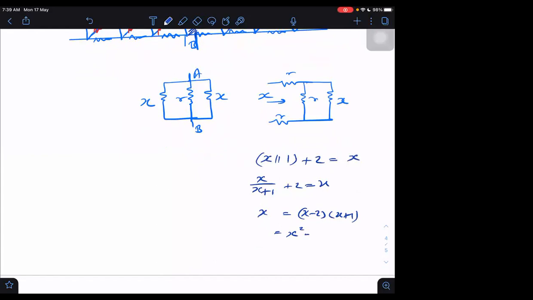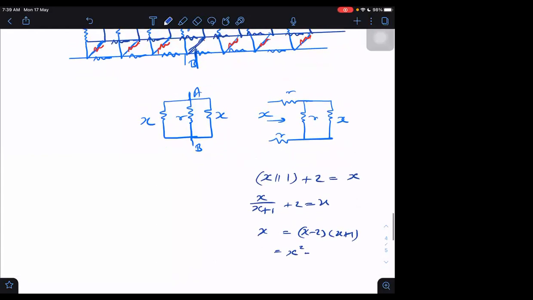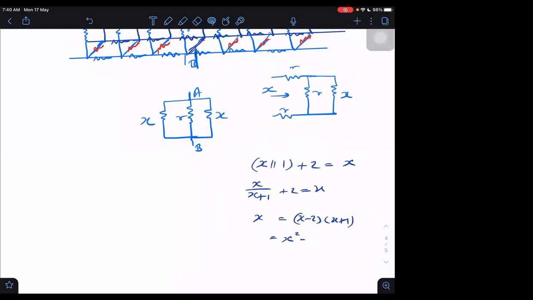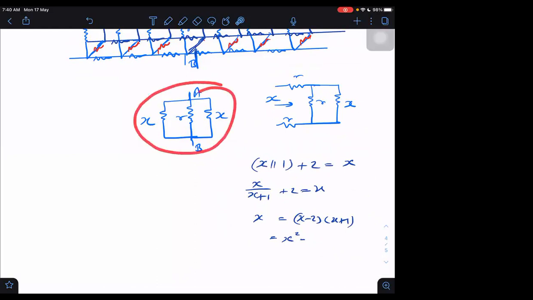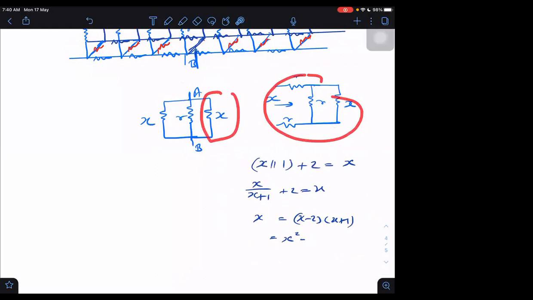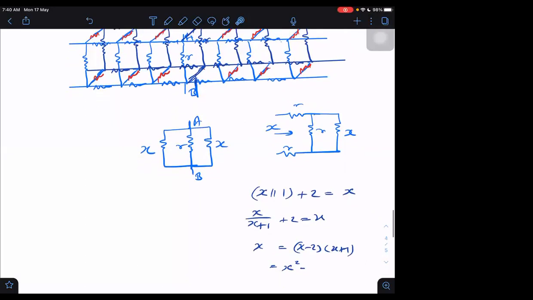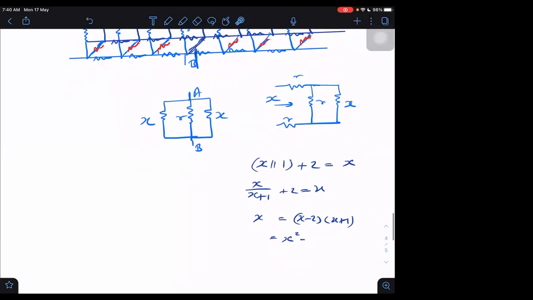Which one, left side? You are completely misunderstanding. I don't know what you are thinking. That's same. What is the difference in left side and right side? This only is one part of this. This is one part of this. From here we will get X, and from here we will get that same X, in parallel. Okay, understood, symmetric circuits, both. What were you thinking until now? I don't know.